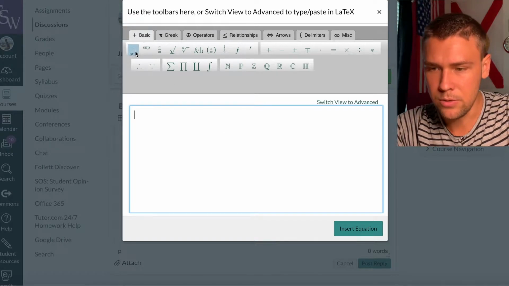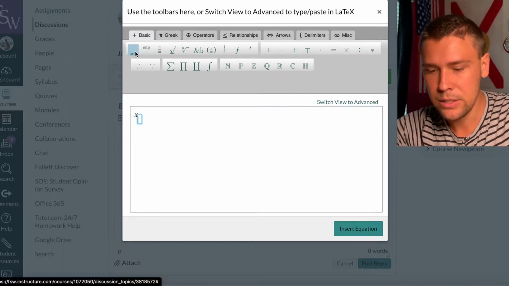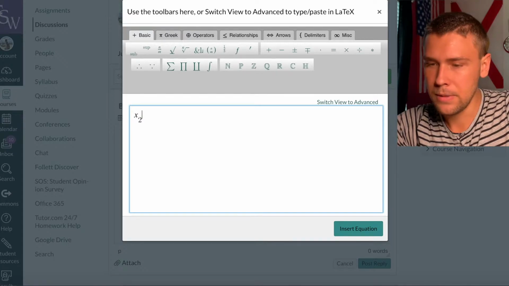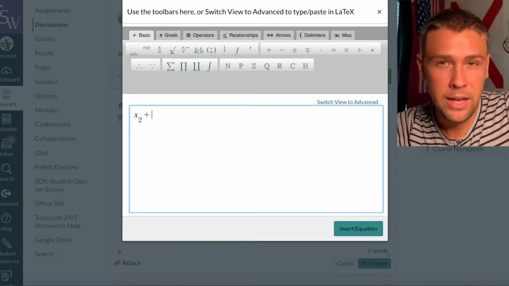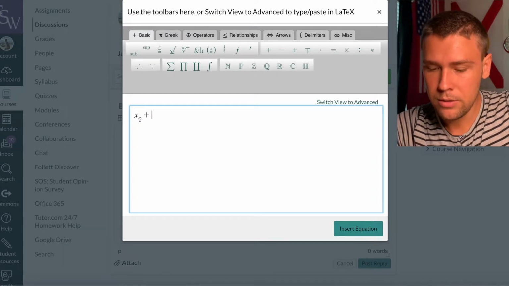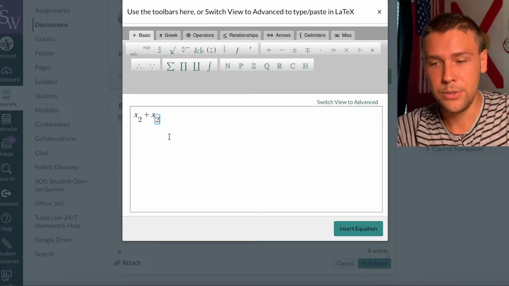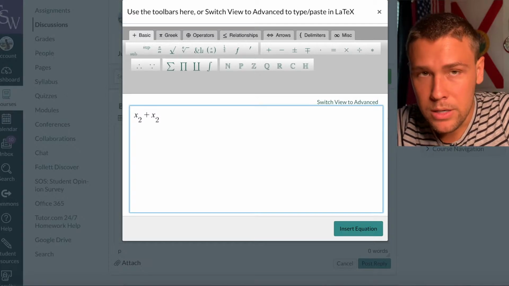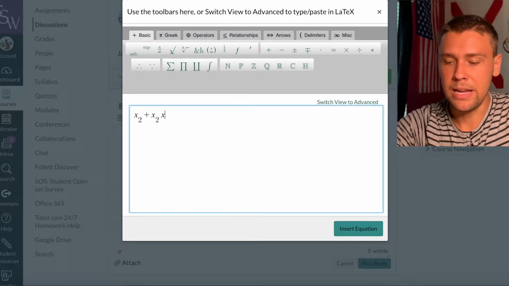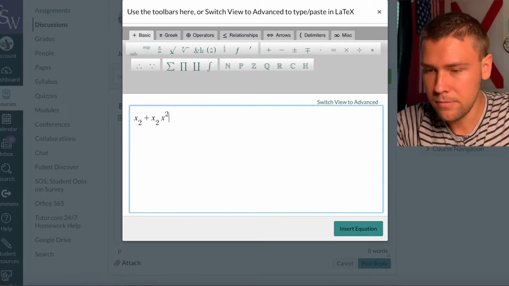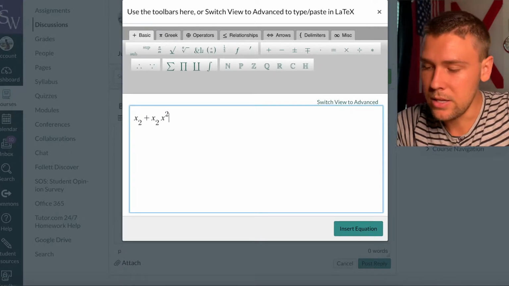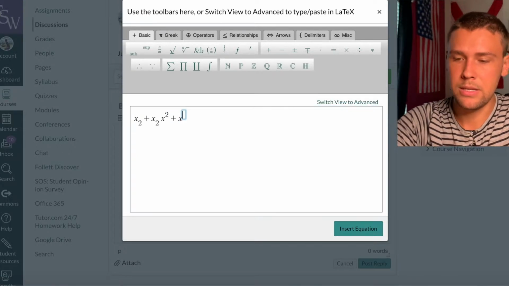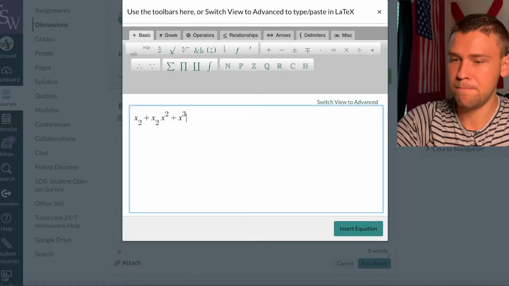Let's say you need to do a subscript. So that's like x sub 2, right? So you get that. Keyboard shortcut for that, if you want to be quick, is the underscore. So I'll show you x underscore 2, right? If you want a superscript, so that's like a power, you need x squared. You'll hit that. Perfect. And there is a keyboard shortcut for that as well. It's the caret, so shift 6, right?